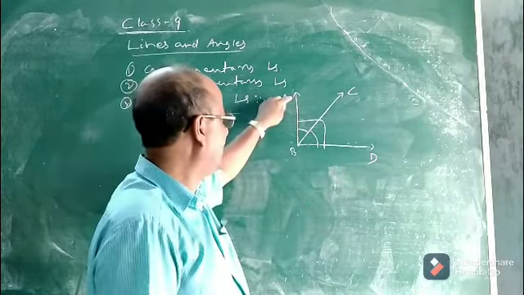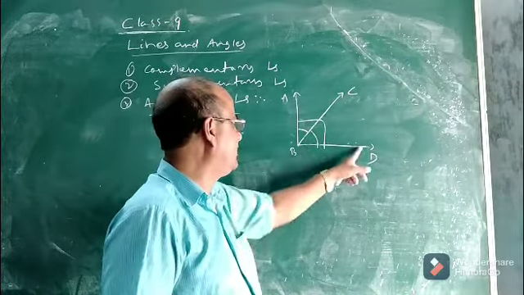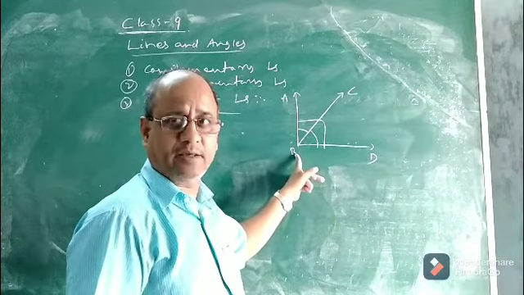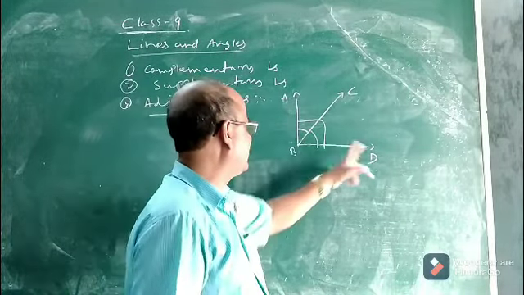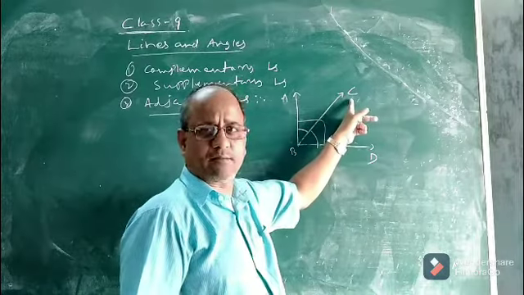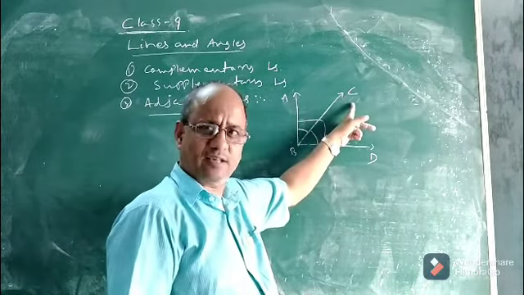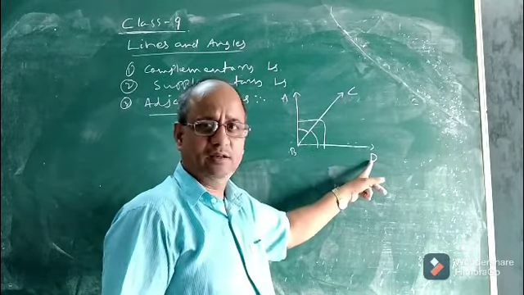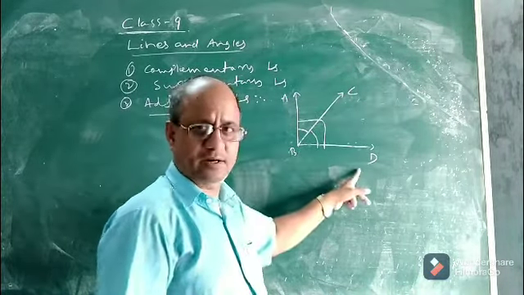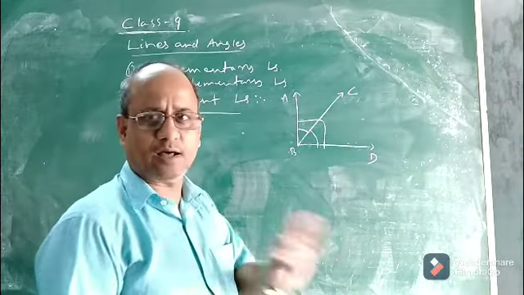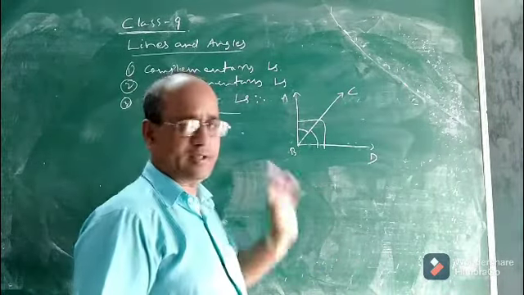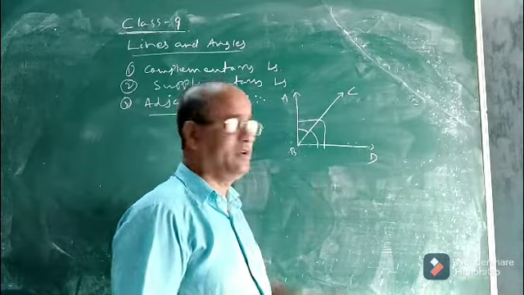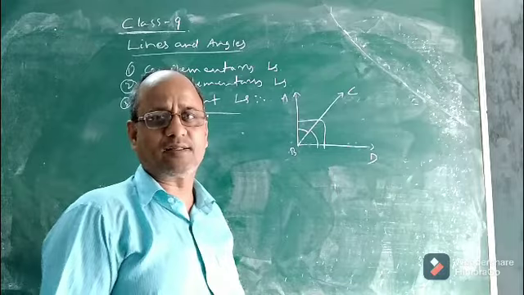How to verify? See, angle ABC and angle CBD, which is the common vertex? The vertex is B because both angles have been formed at B. And which is the common arm? The common arm is BC. Yes, it is present in both angles. And what about the non-common arms? BA and BD. Do they lie on the same side of the common arm? The answer is clearly no. They lie on different sides of the common arm. So definitely angle ABC and angle CBD form a pair of adjacent angles.